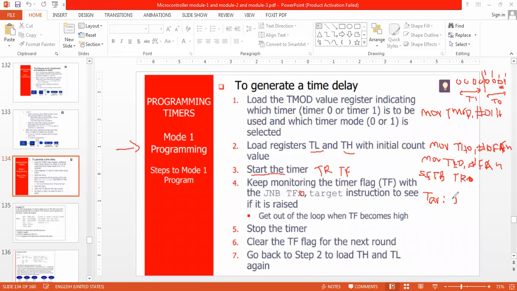JNB TF0, target, because TR0 has been started, so the timer will start now. So it will rotate here only.